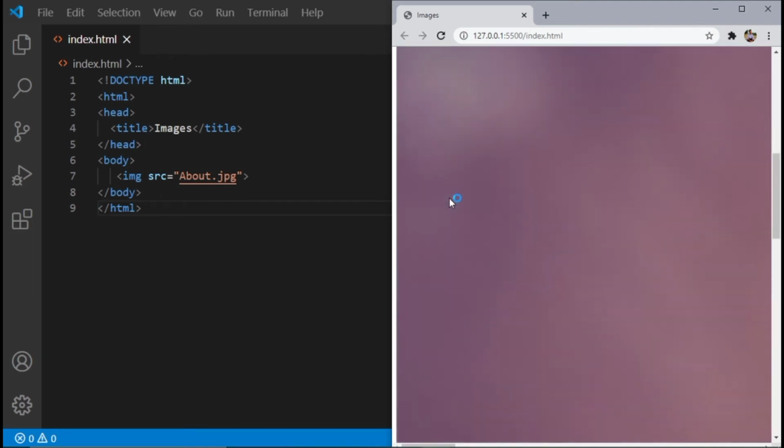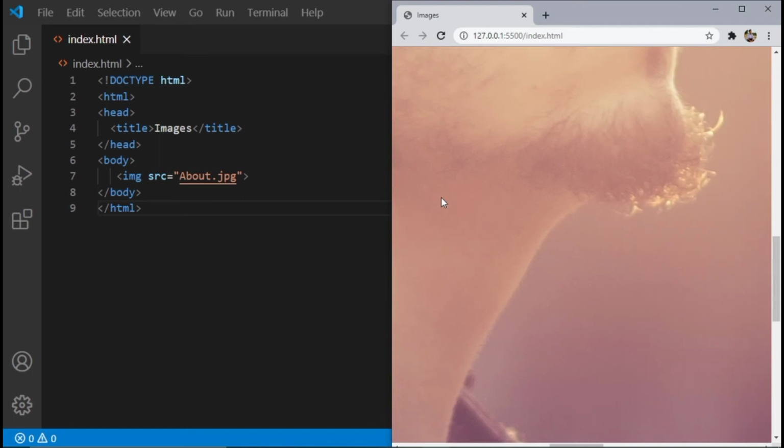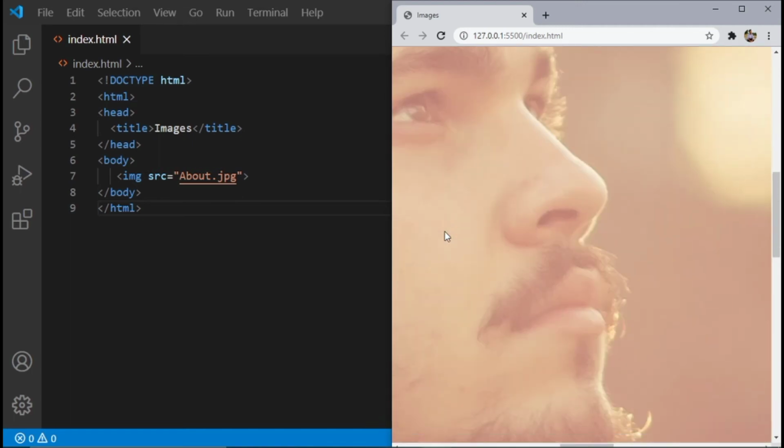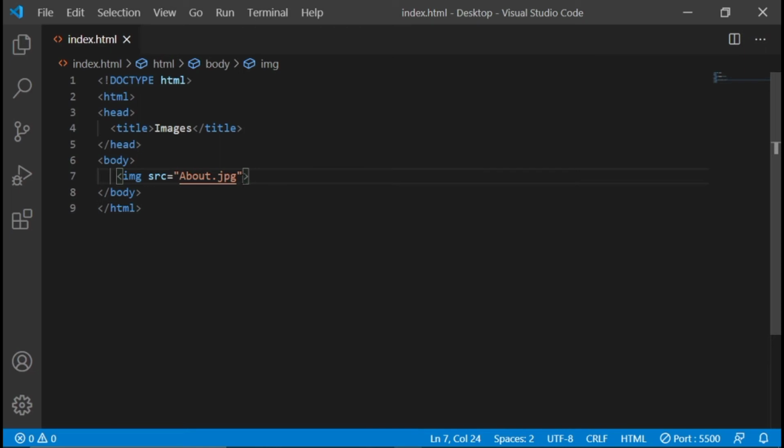So here you can see our image, but it is very large, so you can't see the full image. For that, you can also provide the height and width of your image, like we are giving here height equals 100 pixels and width equal to, that's also 100 pixels.